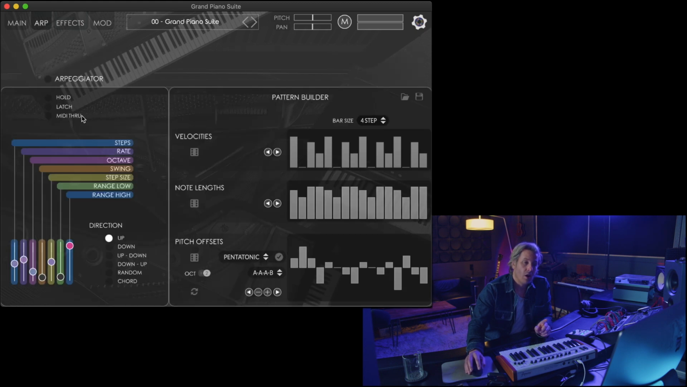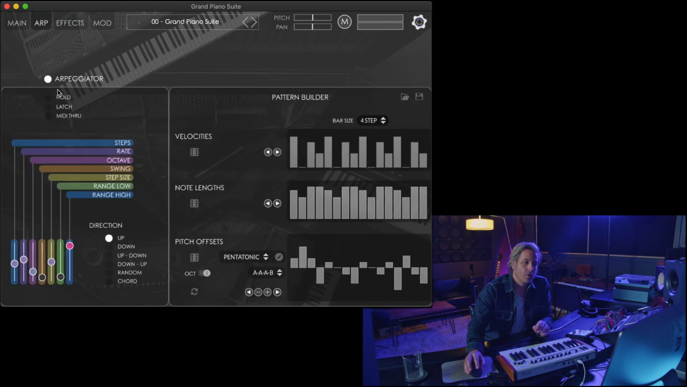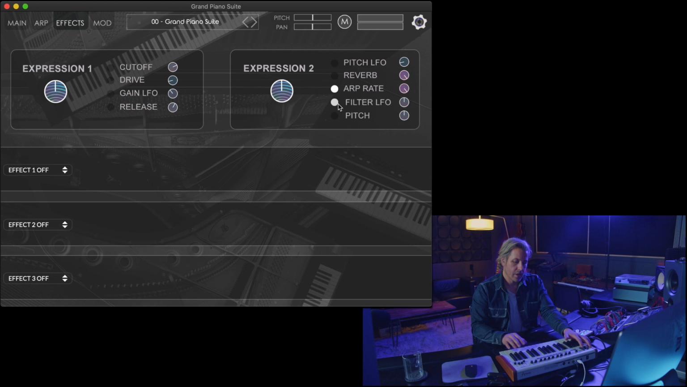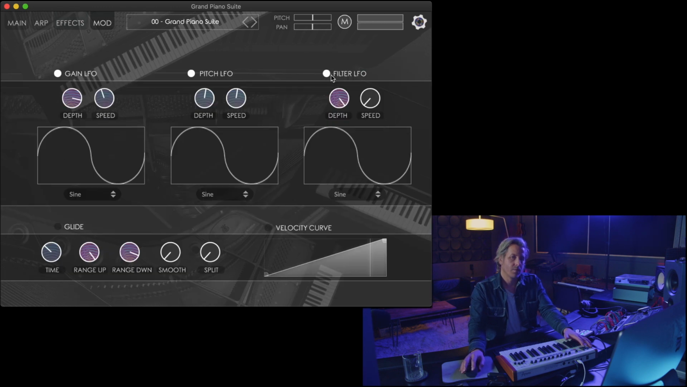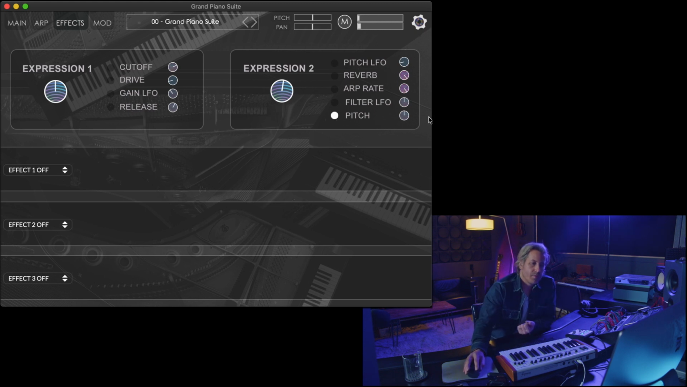ARP is currently off, you see on the ARP tab, but when I turn ARP rate on here, it also engages this ARP button. It's going to speed up and slow down that ARP, which is really cool. And you have effect over the filter LFO as well. And that turned on that one as well. And then obviously pitch changes the pitch of the entire instrument. Again, I would leave that at 50%